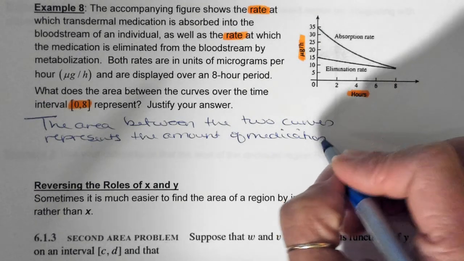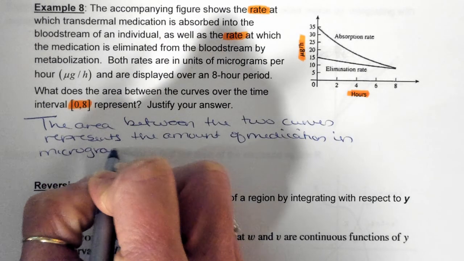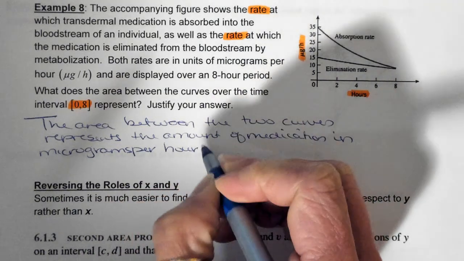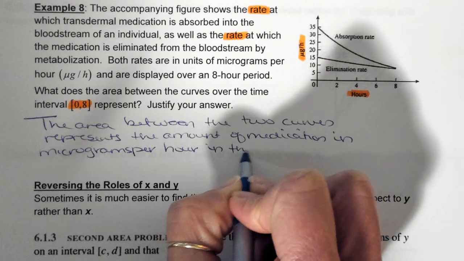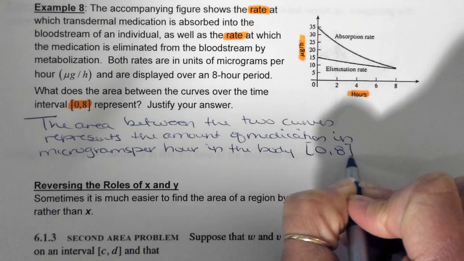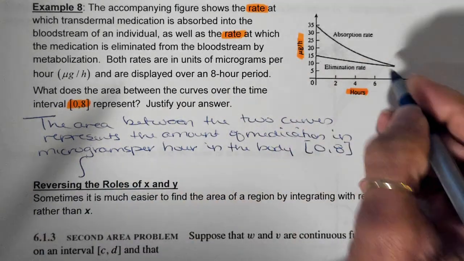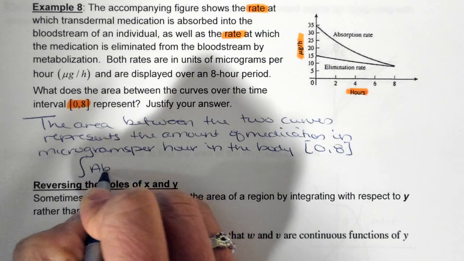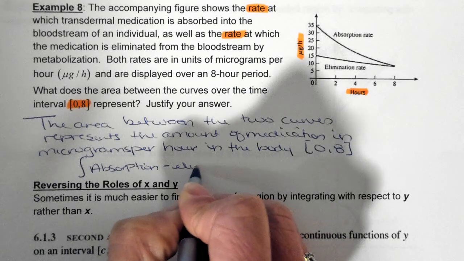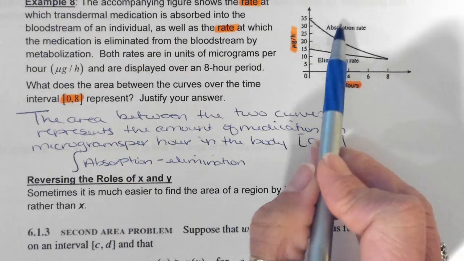So the amount of medication they gave it as micrograms per hour. Whoa. In the body from time 0 to 8. The justification for our answer is the integral. If we called this the absorption minus the elimination, so if we think about this in terms of what we learned last class, it's top minus